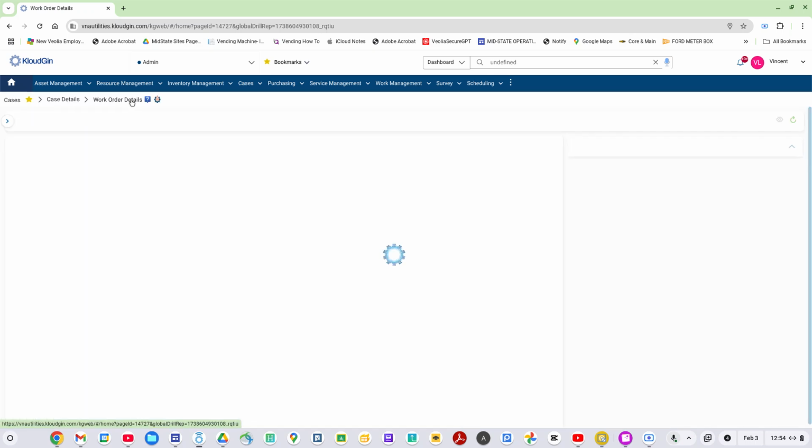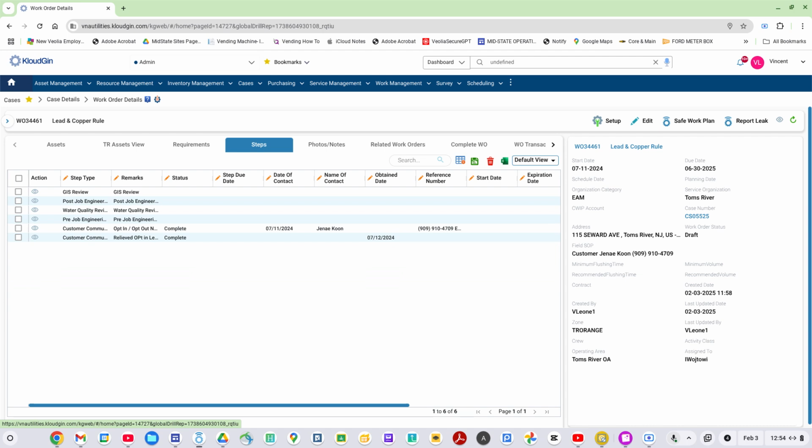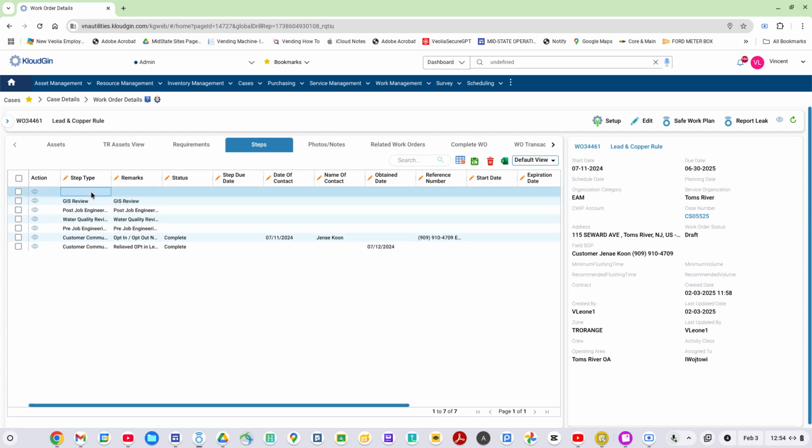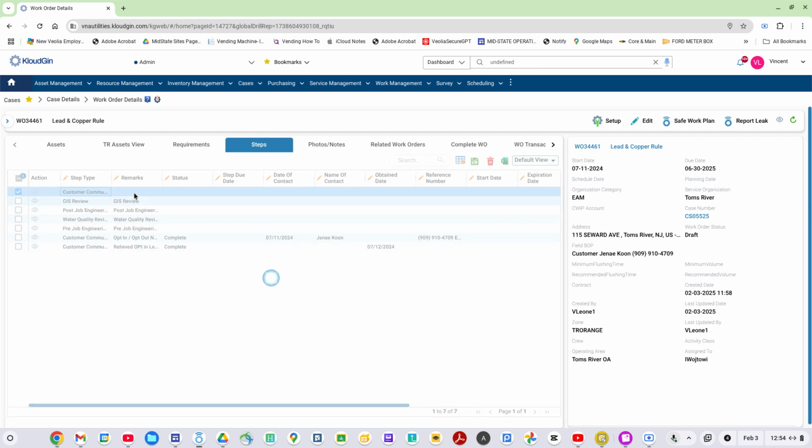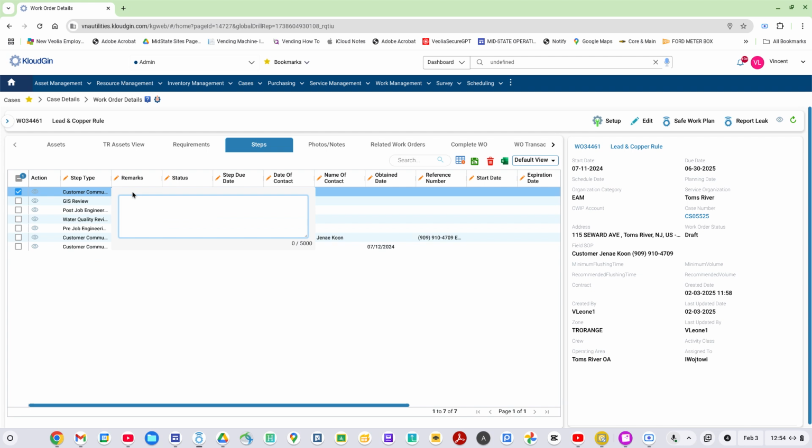Well, we may have a third line of customer communication, and that would be the certified receipt from the post office that it was delivered to the customer. This customer was very responsive and very quick to get back to us, so we've actually received the opt-in letter faster than we received the receipt from the post office. But in any way, we want to record it. So let's go ahead and add a third line, and we can just come back up here. It could be customer communication, and our remarks could be postal receipt for delivery,